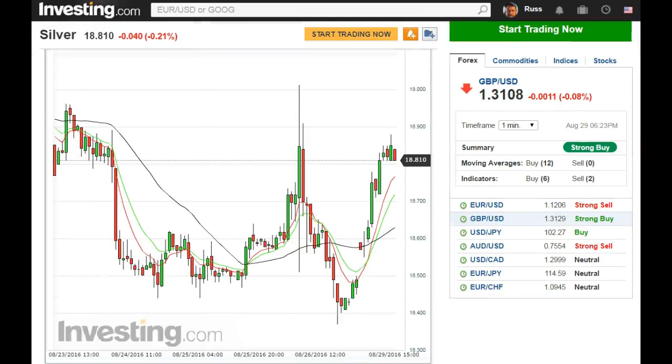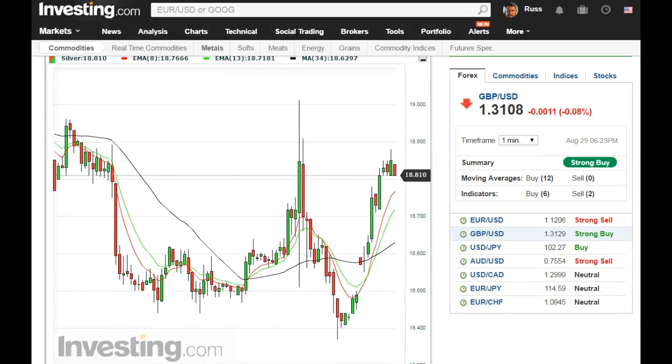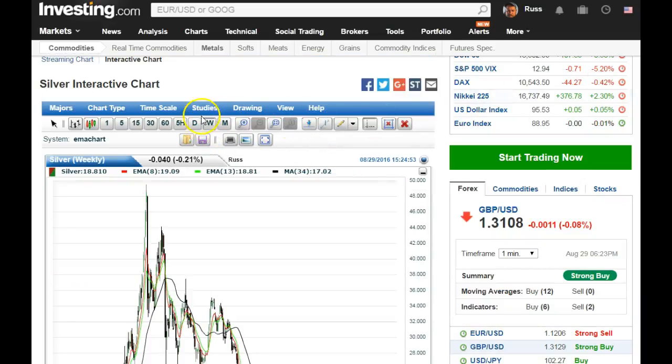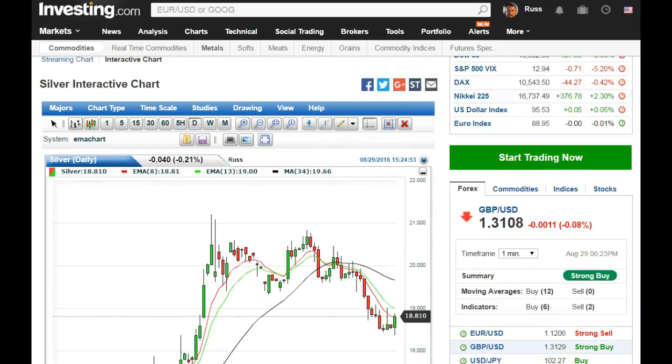For some reason I thought silver was doing better than this. What am I on? Oh, I'm on a 60-minute, that's why. Let's go to the daily. Looks like we got an inverted hammer for a bottom. We need to confirm that inverted hammer by breaking the top here at 18 and 19, which is previous candle break and above previous lows,